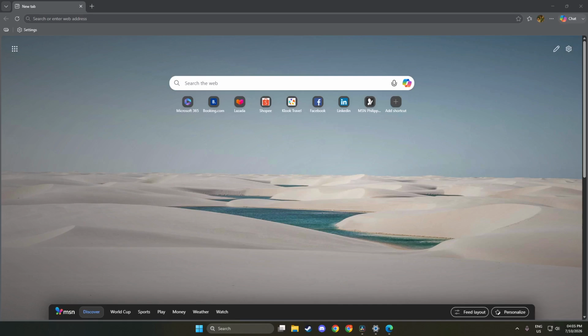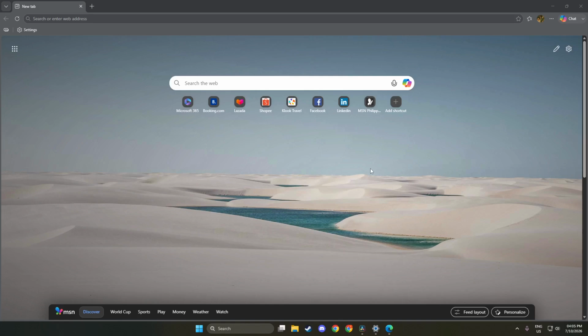Look for its icon on your desktop or in your taskbar. It resembles a blue and green wave. Once you locate it, double-click the icon to launch the browser. You will see the familiar Edge interface appear on your screen. It might take a moment to load if you have many tabs open. Opening Microsoft Edge is crucial because it's the first step in ensuring you have the latest security features and performance improvements.